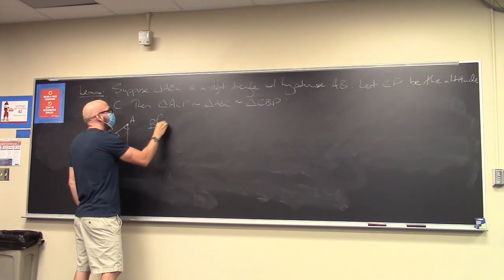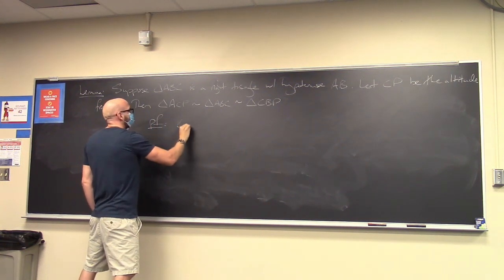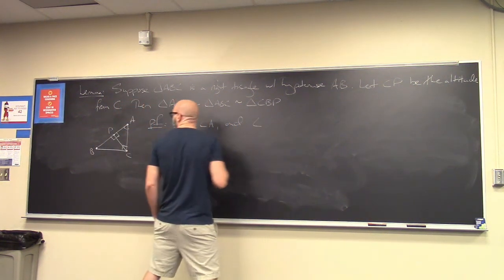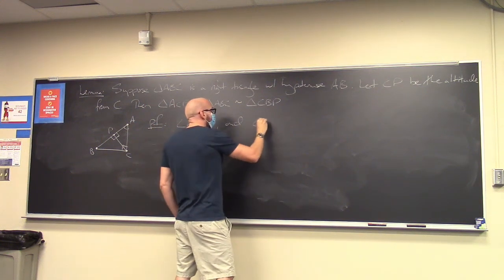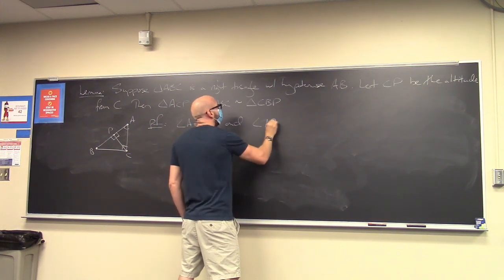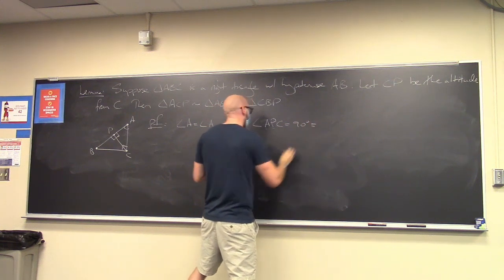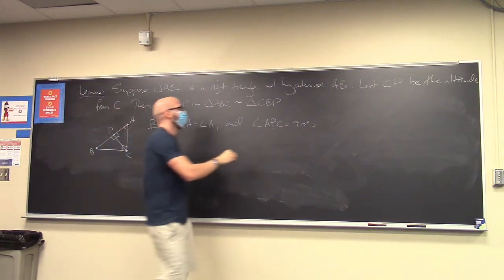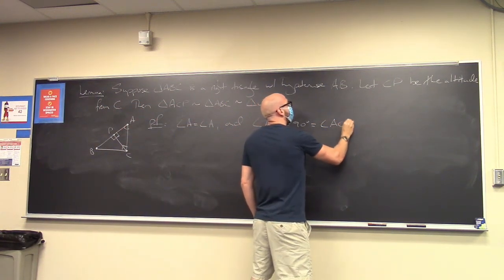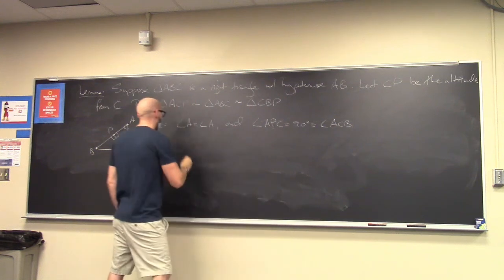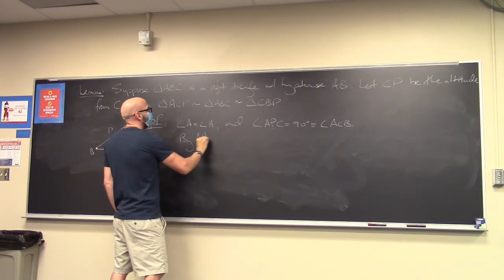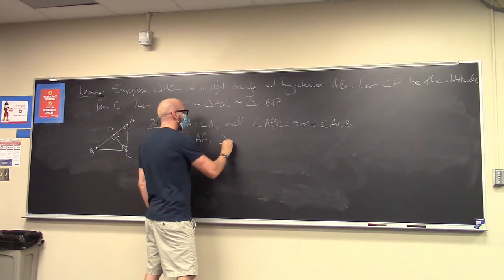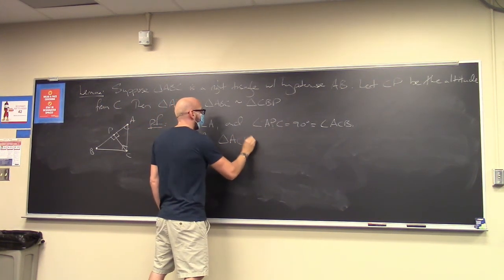So here's our proof. Angle A equals angle A, and angle APC is 90 degrees, which equals angle ACB. And by AA, we're done. By AA, it follows that triangle ACB